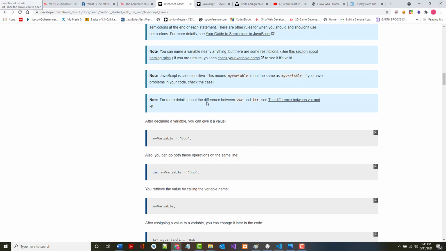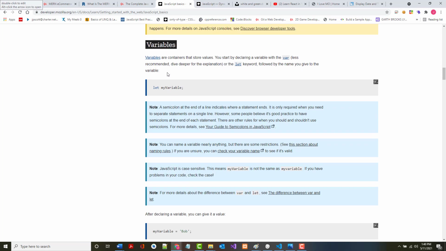This is something worth taking a look at. The differences between var and let. Var, again, is old school, and it allowed you to be really, really, really sloppy with your programming. Using let allows you to be less sloppy, but you become a better programmer because of it. As mentioned before, when you create the variable, this right here,